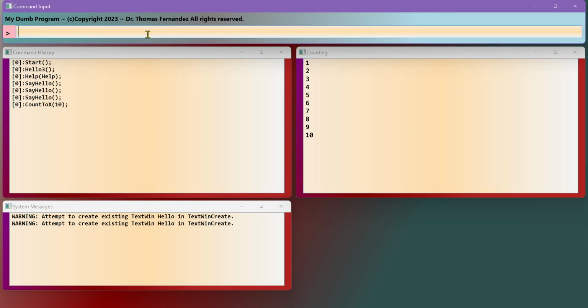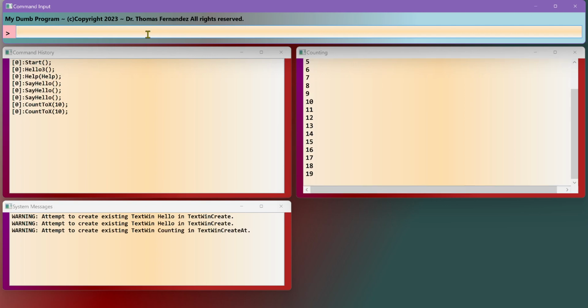Now, if I run it again, I can get to previous commands by just pressing the up arrow. But this time it's going to start from 11. Let's see what happens. We can see it's counting, but it's counted from 11 to 20. And if I run it again,